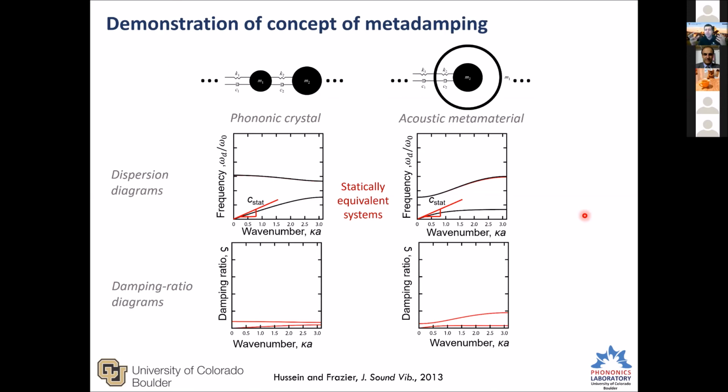We can see how the dissipation mechanism in a metamaterial differs from a corresponding phononic crystal. So you can clearly see that the dissipation actually increases. And that, in fact, is what we call metadamping. And this increase in dissipation, or this emergence of dissipation, is inherent in the system. It's an intrinsic property. It spans the whole Brillouin zone. So we can take a step further and quantify it by integrating that dissipation over the Brillouin zone and summing over the branches, to get a total zeta quantity, and then plot that versus that long wave speed of sound, which is a measure of